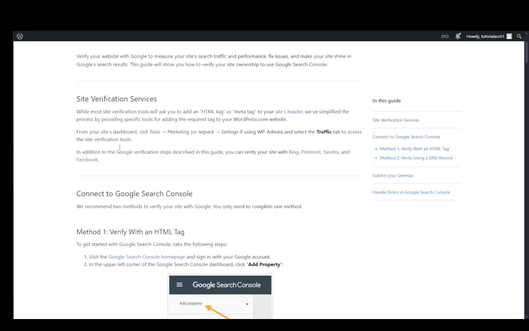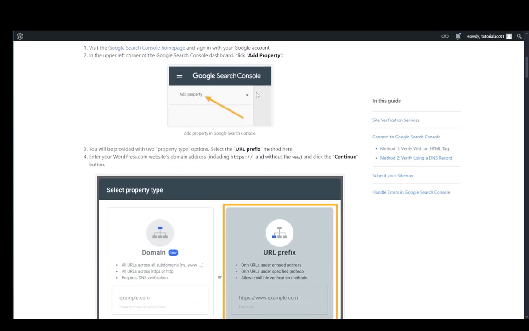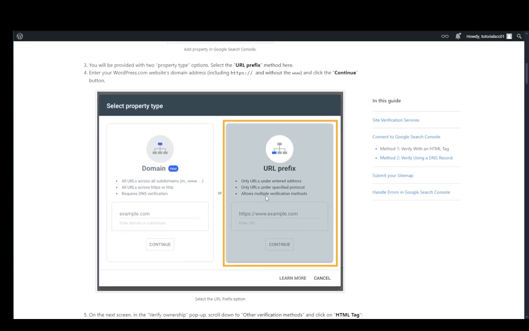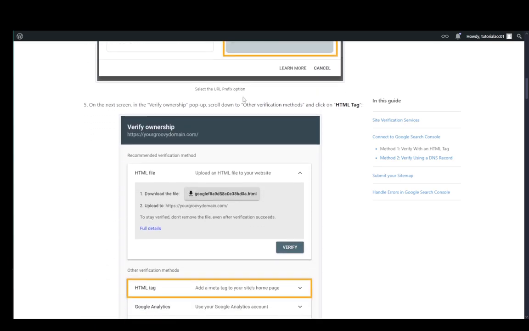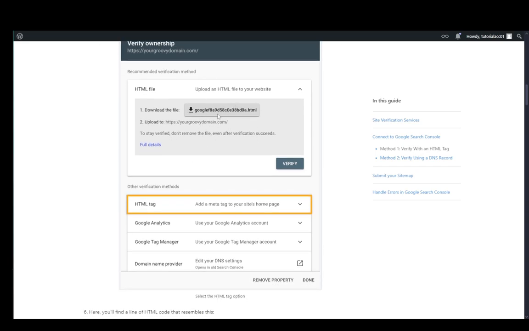Now, to verify it, what you need to do is go and verify with an HTML tag by adding a property through the Google Search Console. Once you log in, then select URL prefix as the method, and then you're going to need to add your URL for your site. Just enter HTTPS and then your site URL, but without the 3 W's, and then click continue. Once you do that, then you need to click on verify ownership, and for this you can download the HTML file, which you can upload to your site using an FTP client under the WP-content